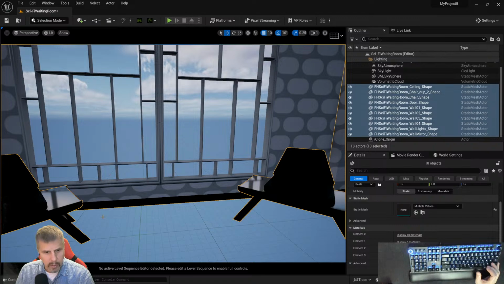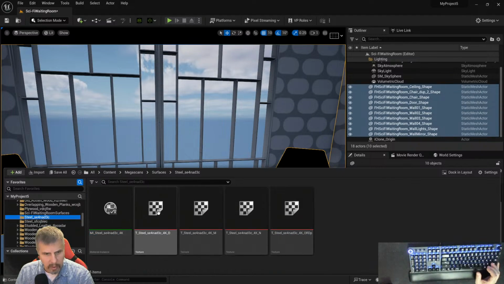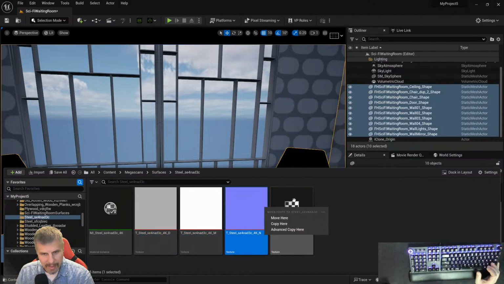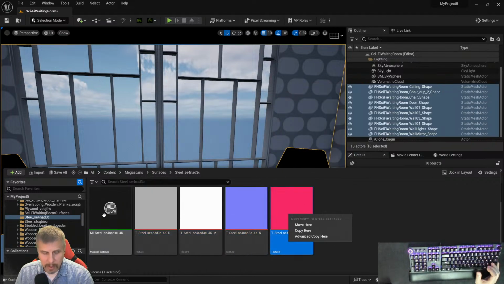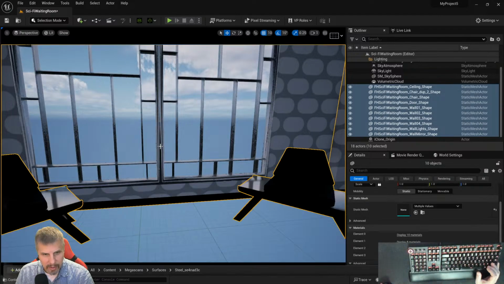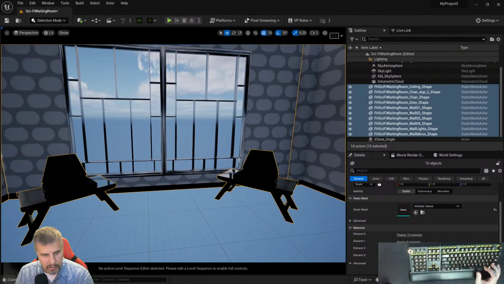So let's try this again. We'll go back to the content. I don't want the gold. The steel was what I was thinking. Okay, so I think I have to select, almost go to, and it downloads them. I think that's because they got downloaded and then they got lost. Okay, see now that is a color I can just go with. Control Shift Save. And we can put that same color